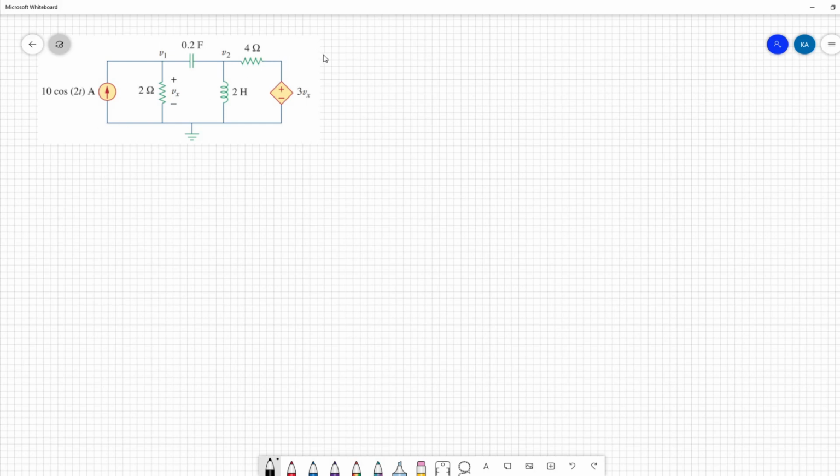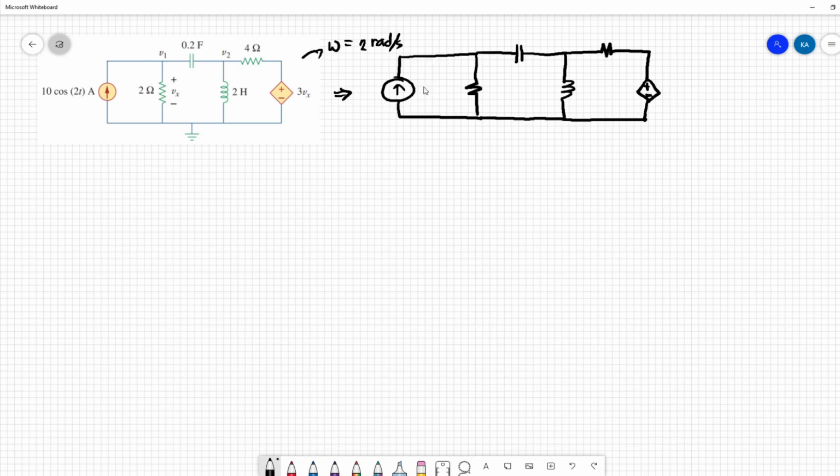Looking at the current source, the circuit is operating at omega equal to 2 rad per second. Now converting this into the frequency domain, we have the circuit. We have 10 angle 0, we have 2, we have negative J 2.5, we have J times 4, and then 4, and we have 3